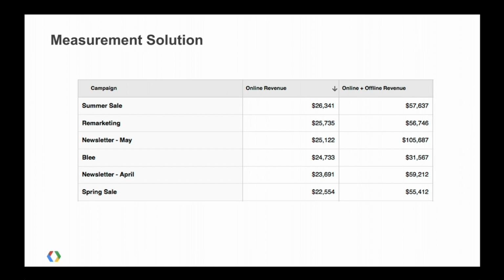If you ask those same questions again, what do you think happened here? What campaigns perform really well? Now you see there's something that happened here that wasn't apparent before, is that one of your campaigns generated a large amount of offline revenue. And now you can say, well, what should we spend more time on? And the answer is a lot more clear now. We should probably look at the newsletter in May. I don't know what we did there, but something generated a lot of offline revenue. So this makes a lot of sense. We want to know these two combined to give us some good optimization possibilities and what the actual paths are that people are taking from online to offline. Everybody kind of gets this, but we really want to be able to have this data in GA.